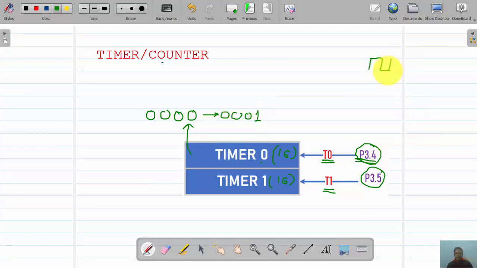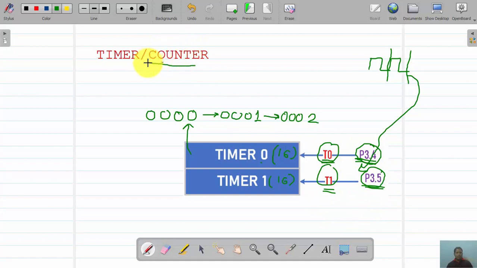For the next pulse, the content again gets incremented by 1, so the new content will be 0002, and in this way it continues. Similarly for T1: suppose on P3.5 initially the timer 1 content is 0, and if a pulse is received on P3.5, for each and every pulse the content goes on incrementing. In short, we are counting the pulses available on the T0 and T1 pins, which are nothing but P3.4 and P3.5. This is called a counter operation.